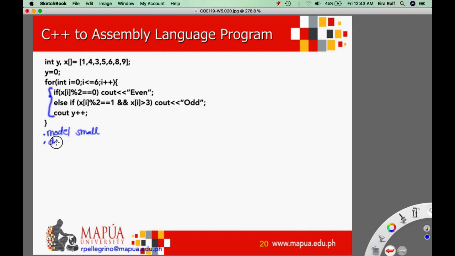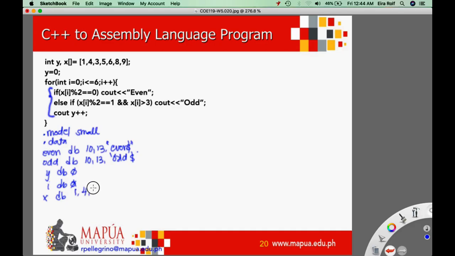So let's start with the code. Then we have the data segment. With the data segment, we have the given messages: DB 10, 13, so we have here even, and for the odd, as well as initialization for Y, initialization for I,